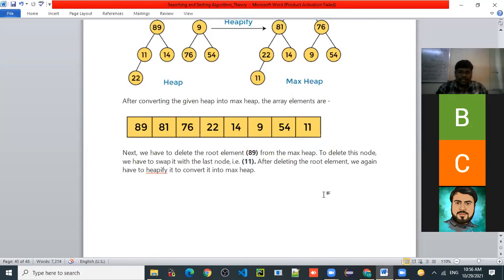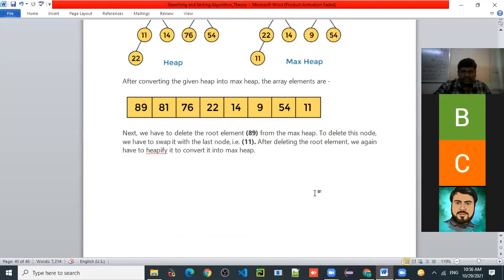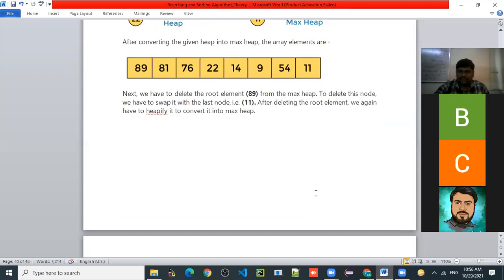Now after deleting 89, what is the value of the root now? 11. Why? Because we swapped the root with the last element. So this is the second step.